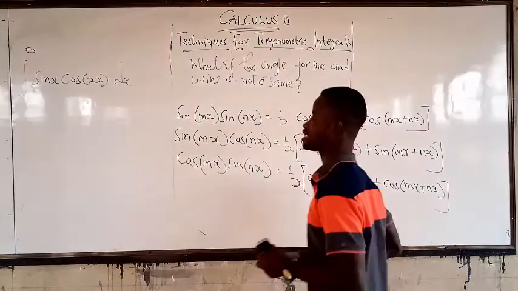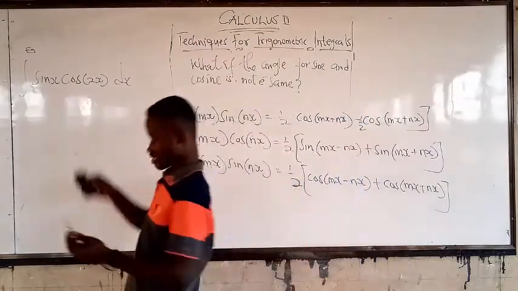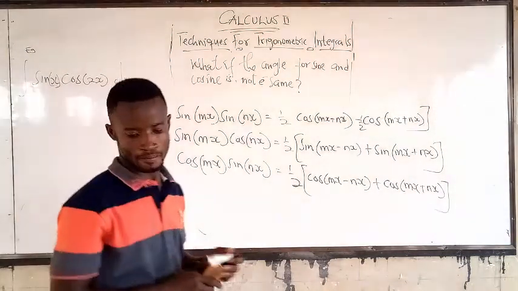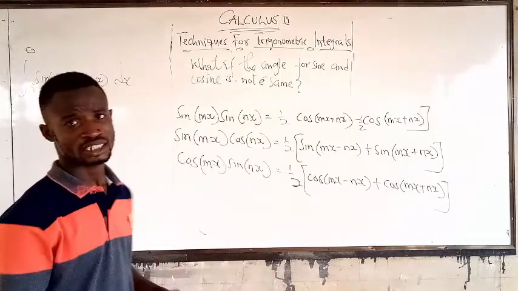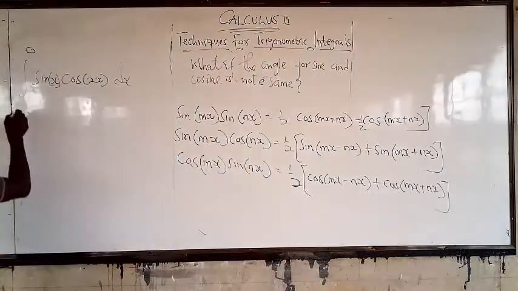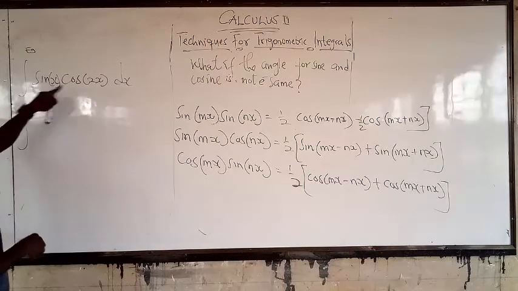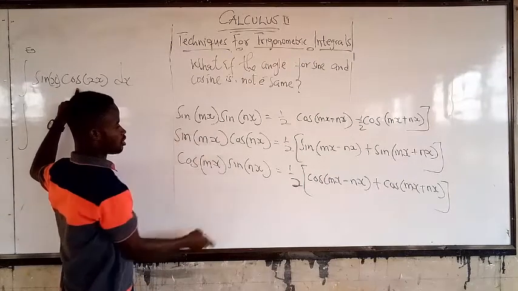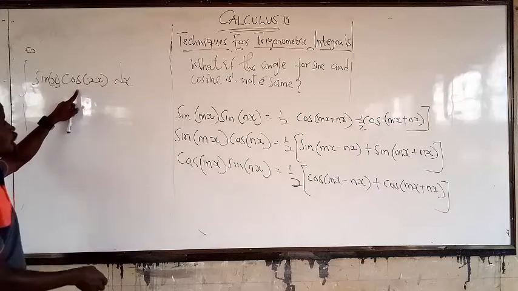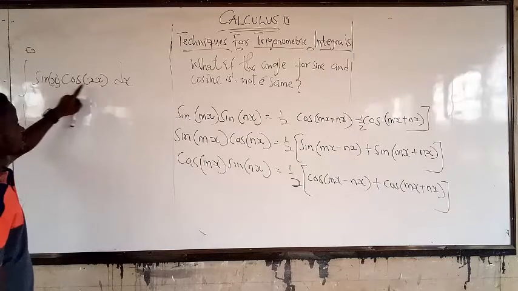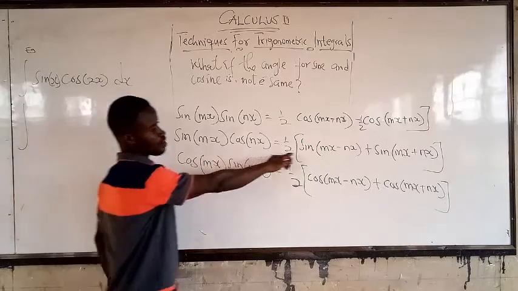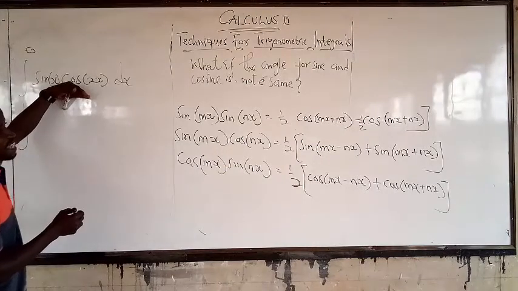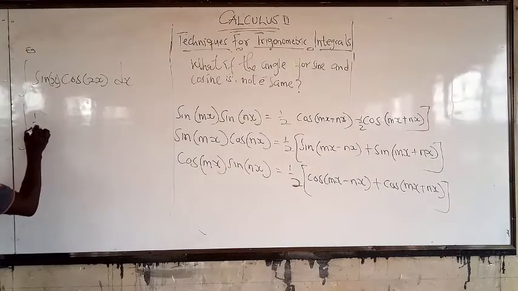Alright, let's look at this question. We have sine x cos 2x. The argument here is x. The argument here is 2x. They are not the same. So when such happens, then we have to go for the identity. So sine cos, and the argument there is x, the argument there is 2x. So it's the same as what we have here. Exactly. So we quote that this inside of this is the same as half